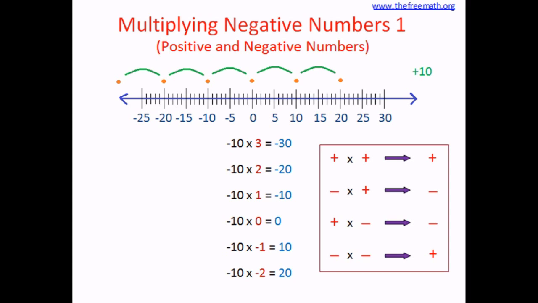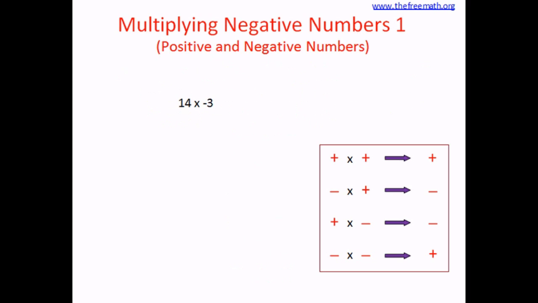So let's summarize all the rules that we have learned. Positive multiplied by positive equals positive, negative multiplied by positive equals negative, or positive multiplied by negative, either way, is negative, and negative multiplied by negative is positive. So whenever we multiply two numbers, we can simply ignore the signs, forget that the signs are there, multiply the numbers, and whatever the product is, the product will take the sign as per the rules listed here.